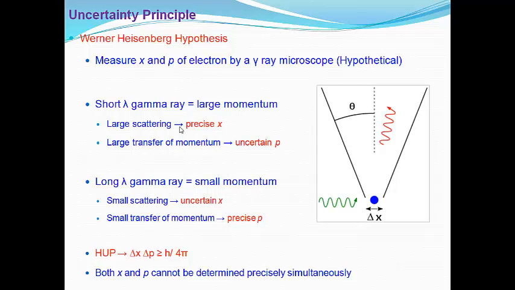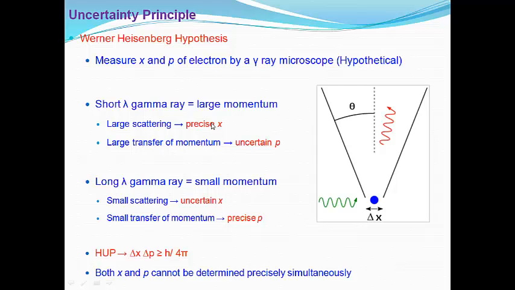What is going to happen is that the car is going to be displaced to a large distance, all right? Because the truck is going to transfer its momentum towards the car, and the truck will essentially slow down because it would have transferred its momentum to the car, all right? And so the same thing is happening here. If the gamma rays with short wavelength or large momentum are interacting with the electrons, there's going to be large scattering. The electron is going to be displaced to a great degree, and